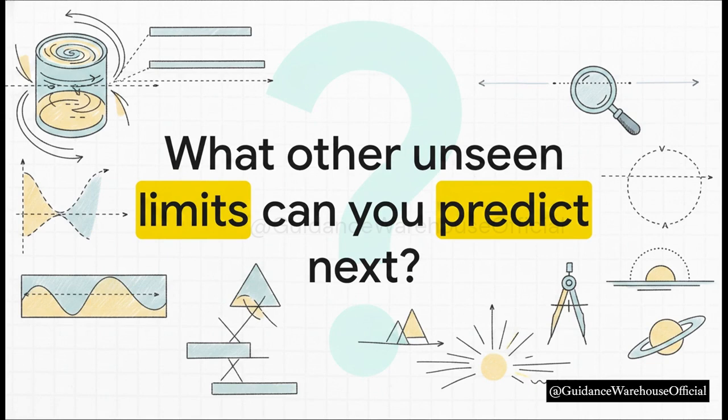Here's a final thought for you. If you can use fractions to calculate the invisible mathematical walls of a mixing tank infinitely far into the future, what other unseen limits in the physical world can you predict next? Rational functions are really just the beginning of mapping out the universe's boundaries. Keep that question in mind, and I can't wait to explore